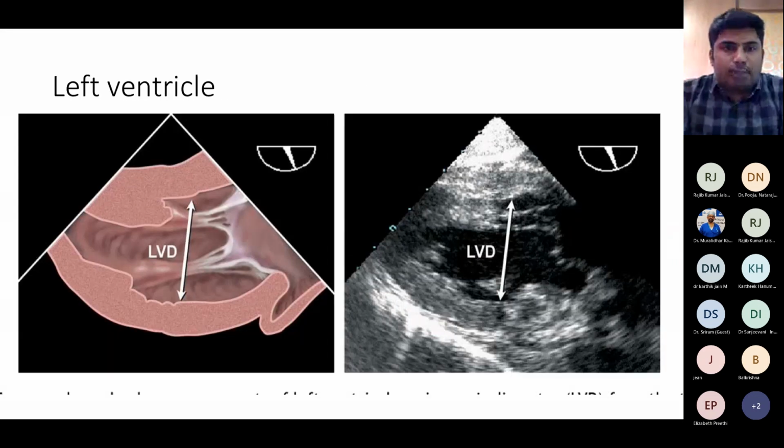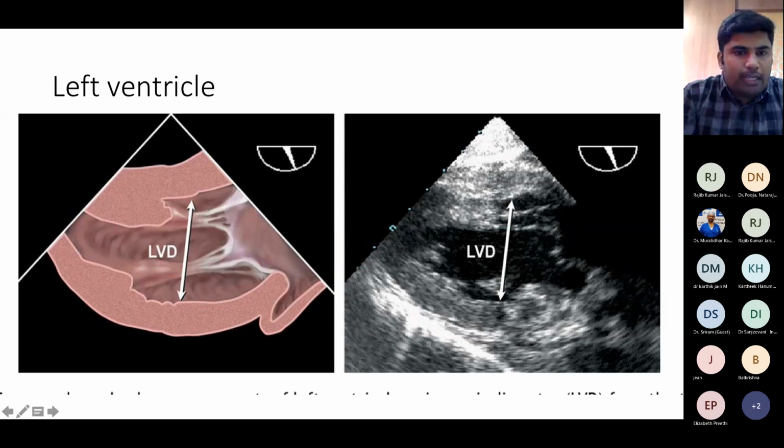First, for quantifying the left ventricle, it is advised to take transgastric views rather than midesophageal views, because lateral wall dropout is more with the midesophageal views. This is not a problem with the transgastric views. The transgastric two-chamber view is used. Here, the internal diameter of the LV is measured just distal to the tip of the mitral valve, and the caliper should be perpendicular to the LV long axis. It should be measured from the inner edge to the inner edge.